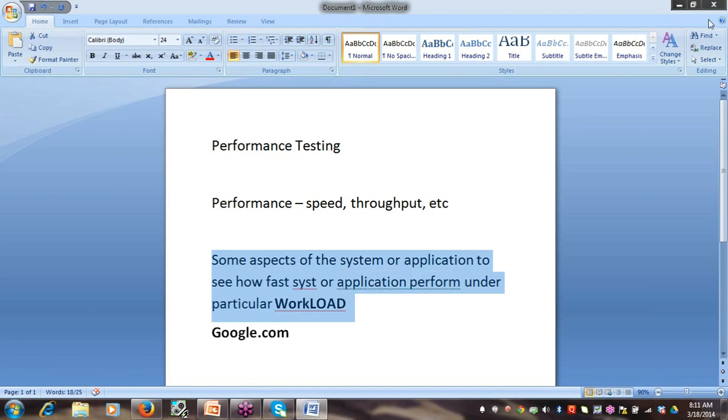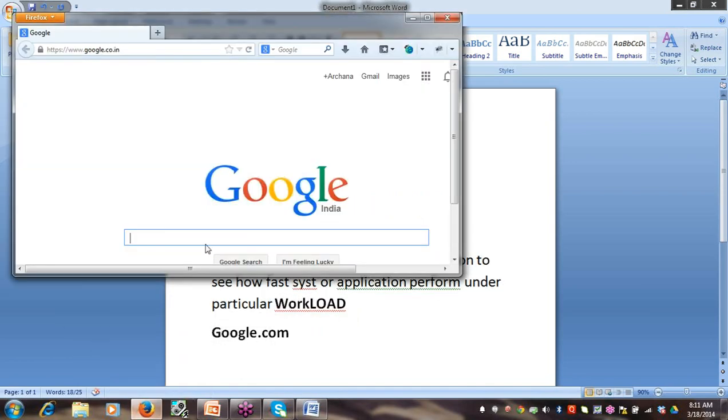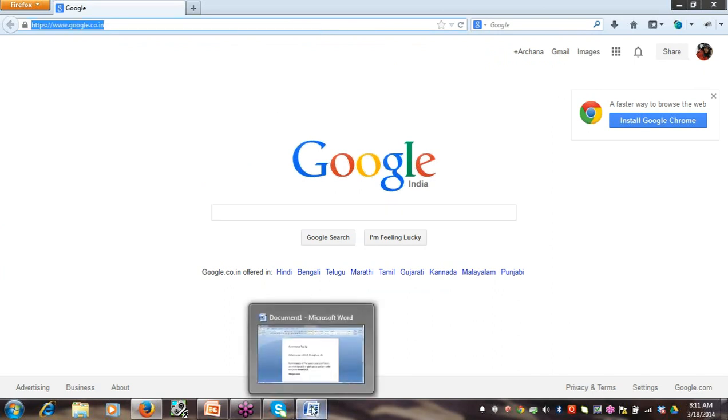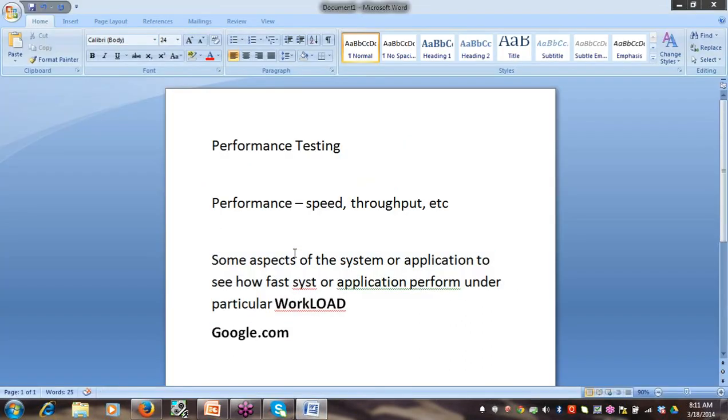So that would be different. Okay, team? Just for an example today, I have opened google.co.in. Now here we will understand the performance testing definition. Today, most of it would be a theoretical part, but it's very necessary to understand the concept of performance testing. So please bear with me.